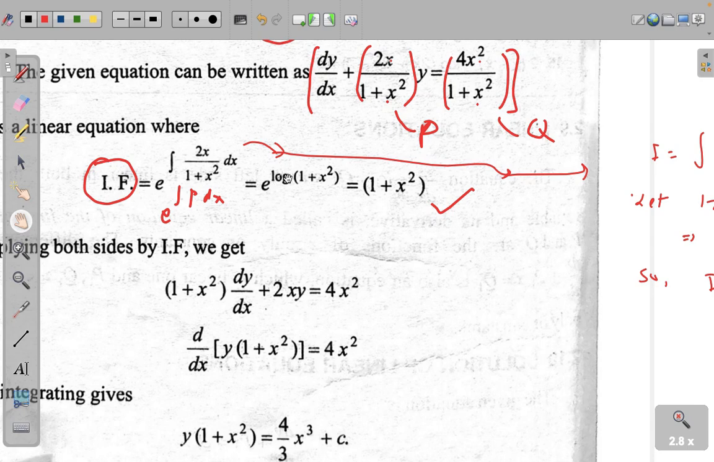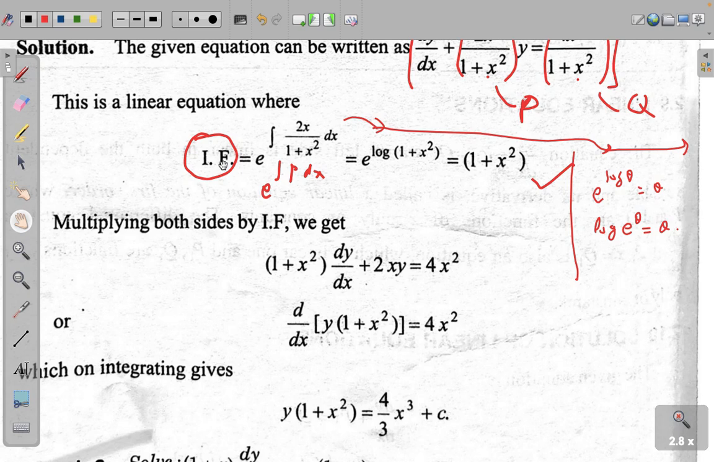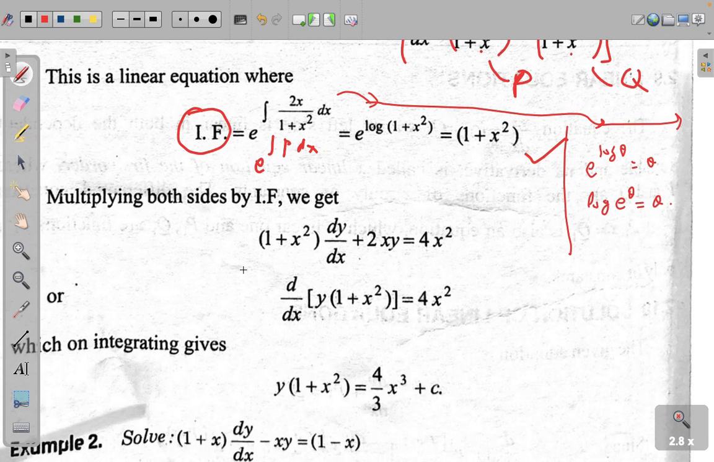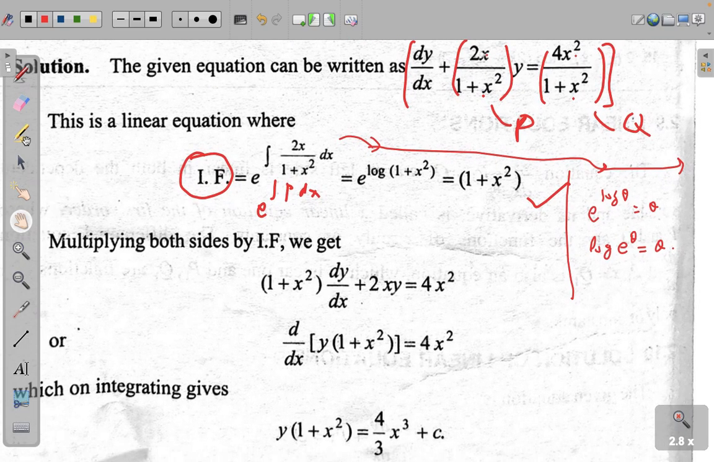But e to the power log 1 plus x square will be 1 plus x square because we know that e and log are inverse of each other. We know that e to the power log of some theta is equal to theta. Similarly, we know that log of e to the power theta is theta. Okay, so we have found the value of if. So hence the multiplying both sides by if we get, no need to write this, you can just simply write okay, wait a minute,